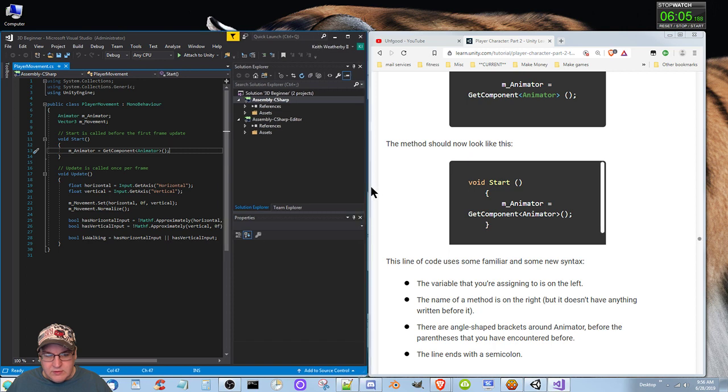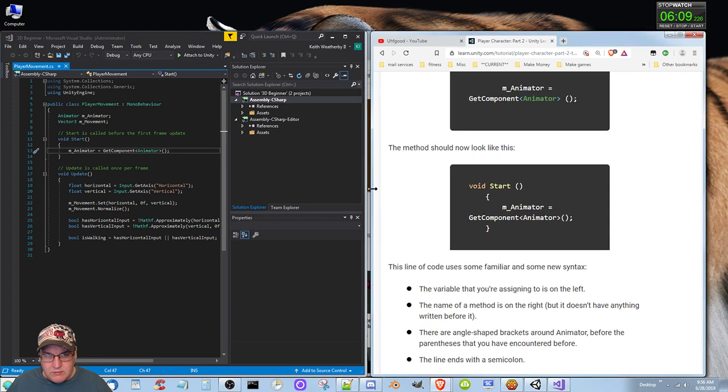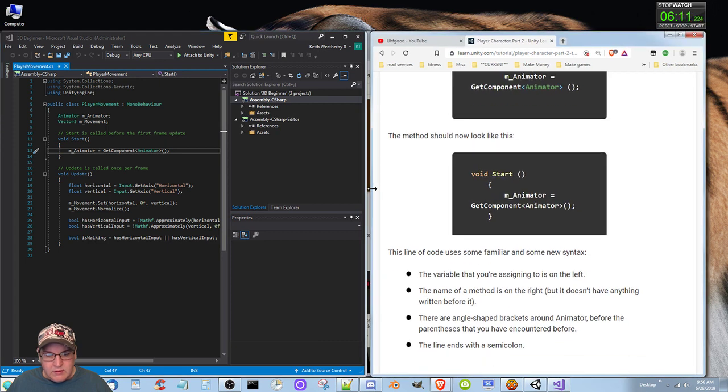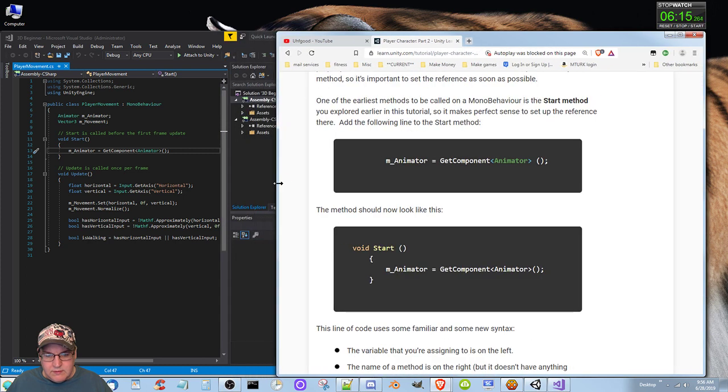With the exception of the indentations being down here, because that's the way they did it in the tutorial.